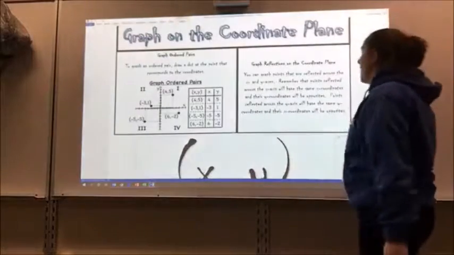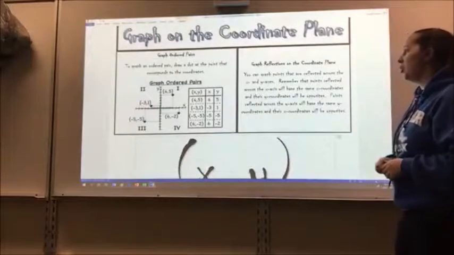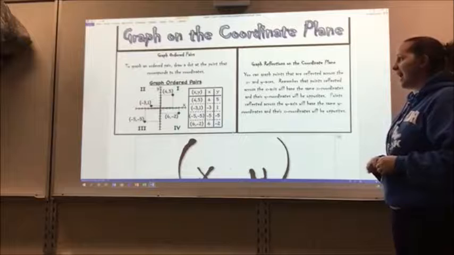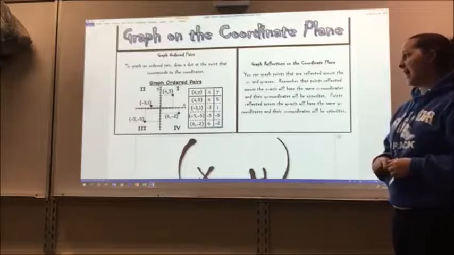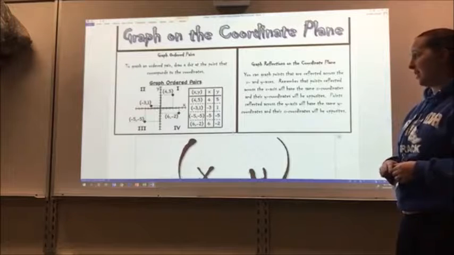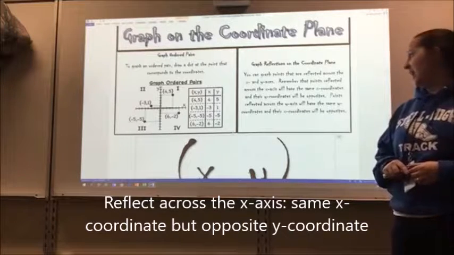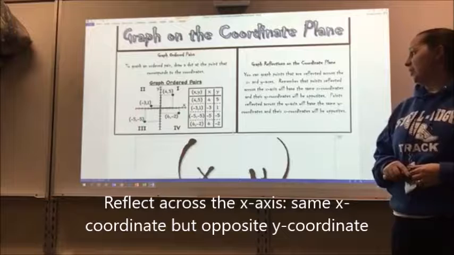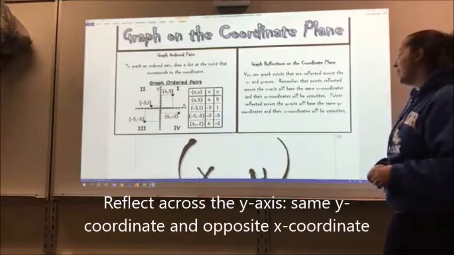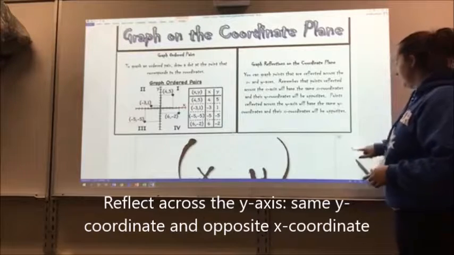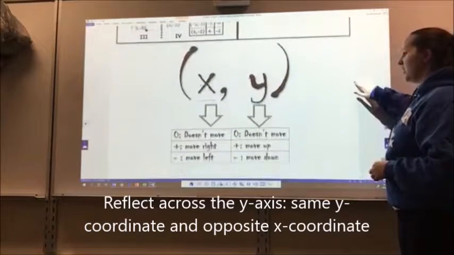So in order to graph reflections on the coordinate plane, you can graph points that are reflected across the x and y axes. Remember that points reflected across the x-axis will have the same x-coordinate and their y-coordinate will be opposite. Points reflected across the y-axis will have the same y-coordinates and their x-coordinates will be opposites. Okay? So if we look at this,